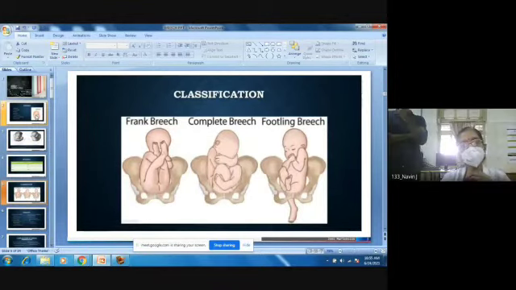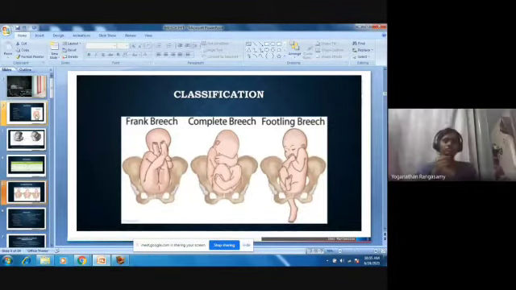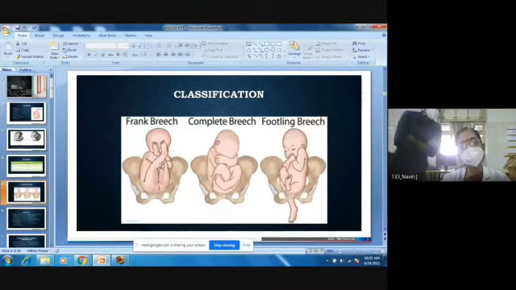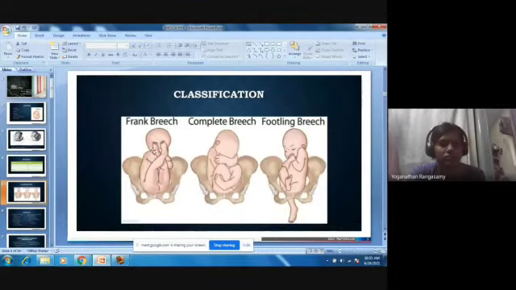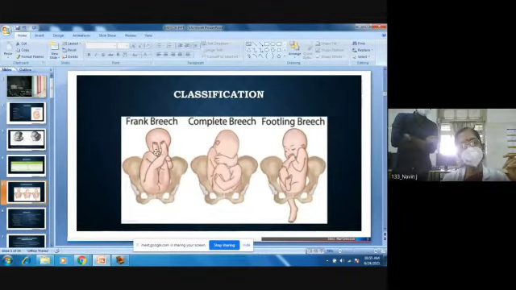So what are the types of breech? Depending upon the flexion or extension at the level of the hips and knees, you have different types of breech. A frank breech is also called an extended breech, where you have flexion at the hips and extension at the knee. You can see that the hips are flexed, whereas the knee is extended. The two legs are splinting the baby's body. So when it presents as a frank breech, the head is splinted by the baby's legs, and so it will not be very freely ballotable, right? So frank breech is also called an extended breech.